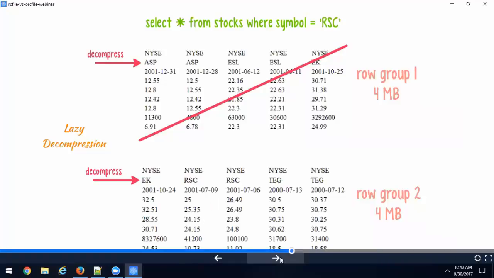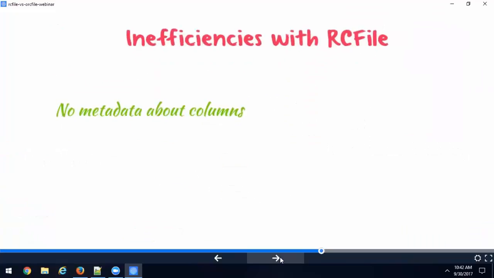So now, perfect, all is good, but there are some inefficiencies with RCFile. If you're familiar with the Hadoop or big data space, you have tools coming out like every other week. Improvements are being made to every single inefficiency out there.